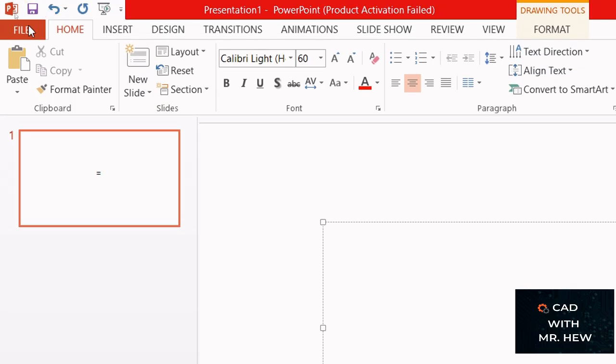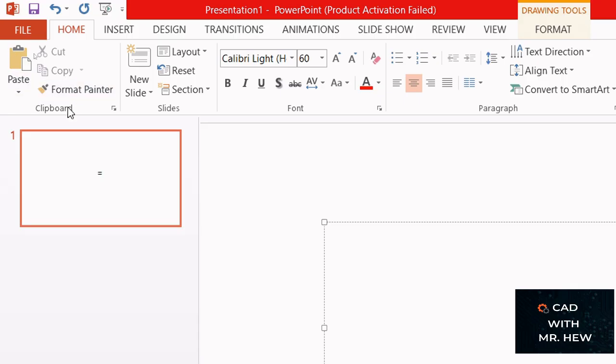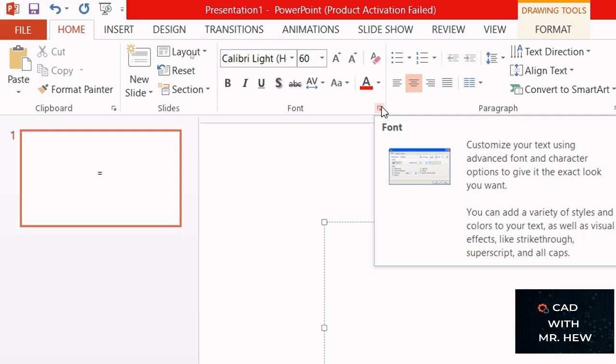All right. So what I'm going to explain to you now is a ribbon. So here we are on the Home tab, and this is a ribbon that is associated with the Home tab. Different tools are grouped into different categories. So the first group that we have is the clipboard, right? And then another group is the slides, right? And what they did, they put the frequently used common tools in the group, right? Now, where you see this little launch button,